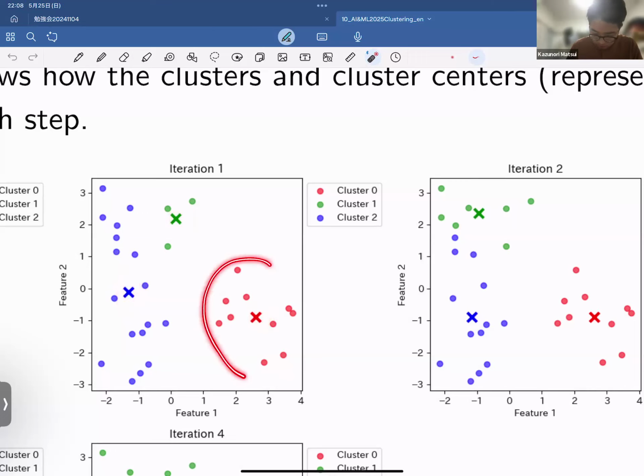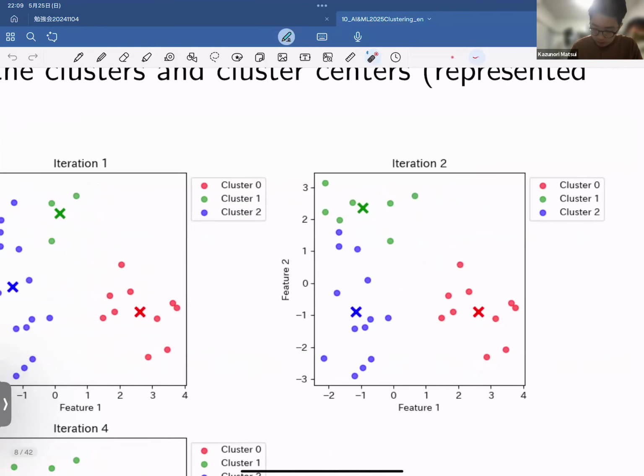The red part doesn't change, but the assignment of the green and blue parts does. Around here, the data is closest to green, so it becomes like this. The data in the upper left part is closer to green, so it gets assigned to green. Since it becomes like this,